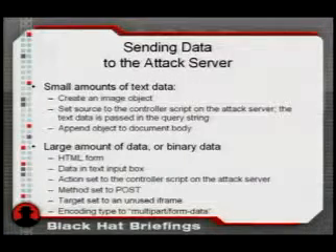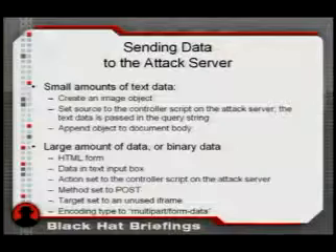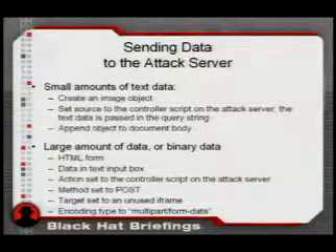To send data from the victim browser to the attack server, there are two methods that can be used. The first one, if it's a small amount of data: an image object is created by the JavaScript payload. The source of the image is set to the controller script on the attack server, and once it's appended to the document, the browser will automatically process the request and send it to the attack server. The controller script on the attack server doesn't even need to respond with a valid image. Sorry, I forgot to mention the data is actually appended into the query of the URL string.